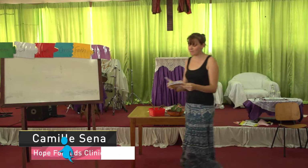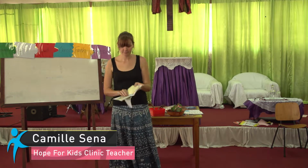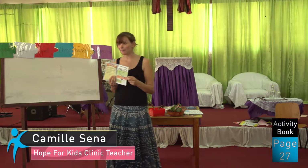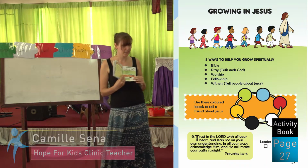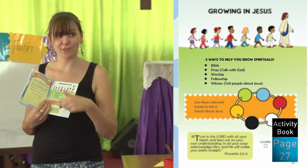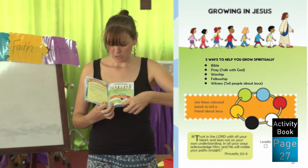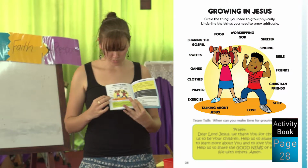Okay, our team time activity today is here. It's page 27. Open it up, page 27. It lists our 5 ways of growing in Jesus. They're all written for us so we don't forget them. Turn over the page